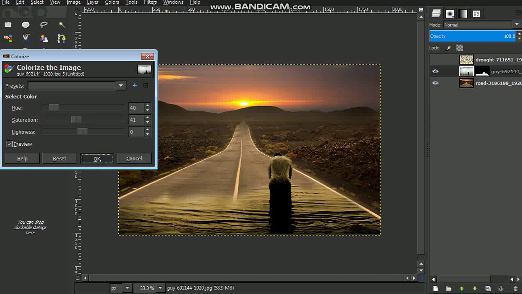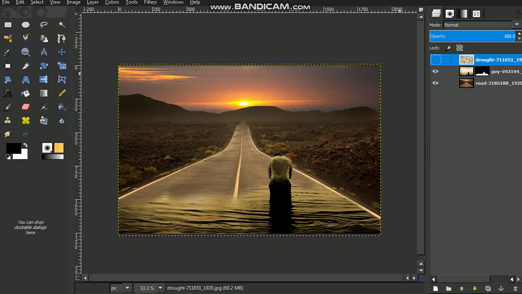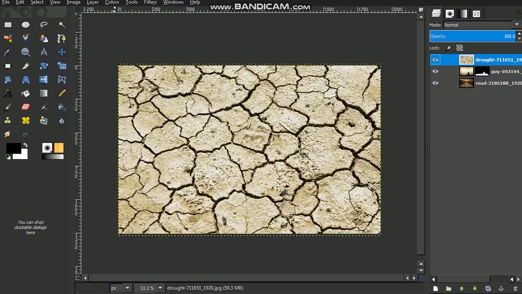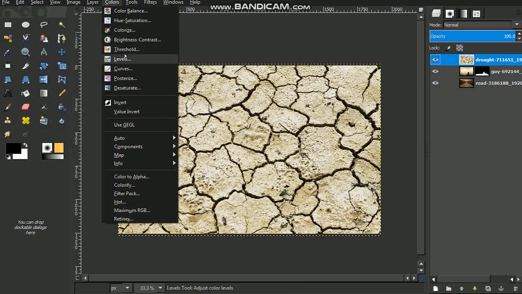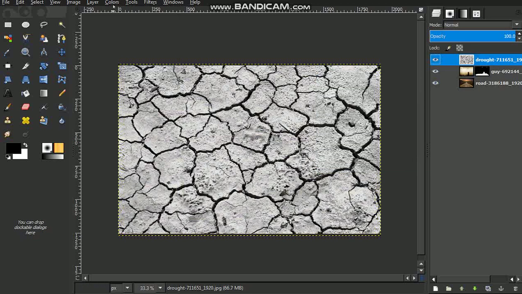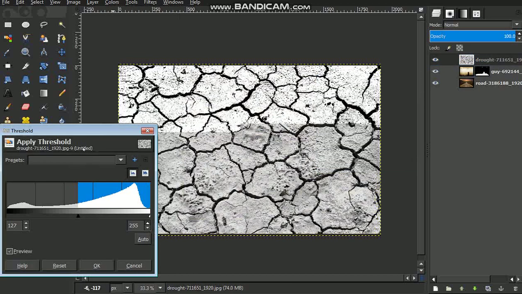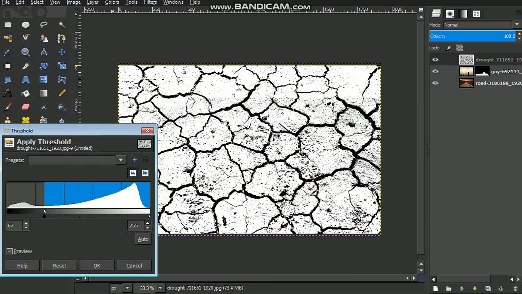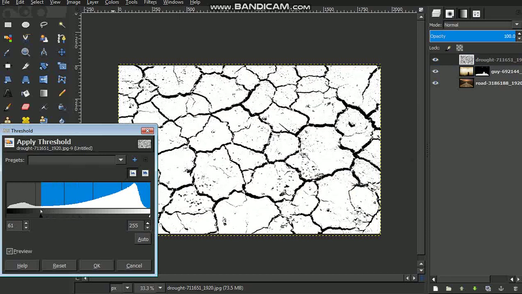We will click on OK, and now we will click on the dot image and colors for desaturate. OK, colors threshold, and we will drag this black arrow all the way up like this. OK,